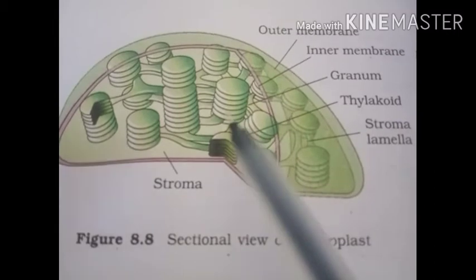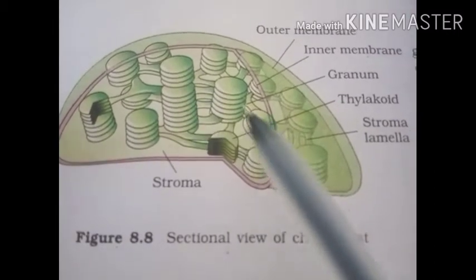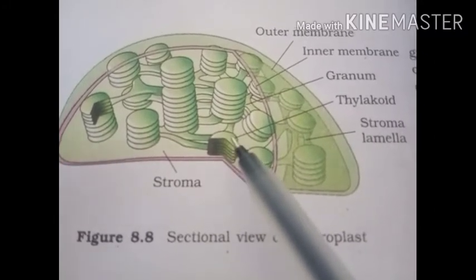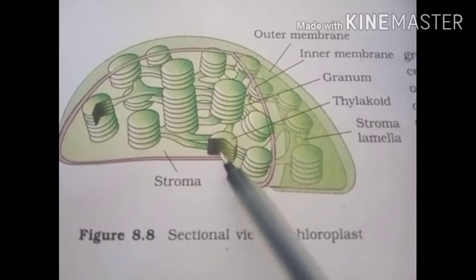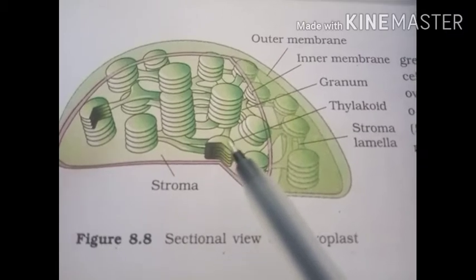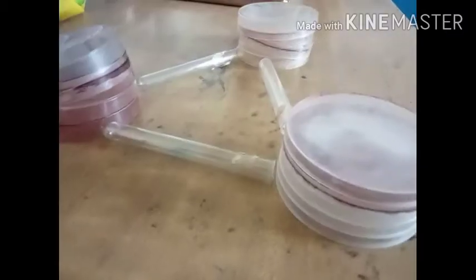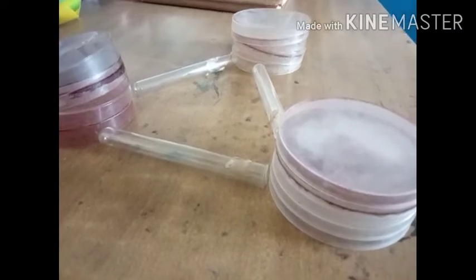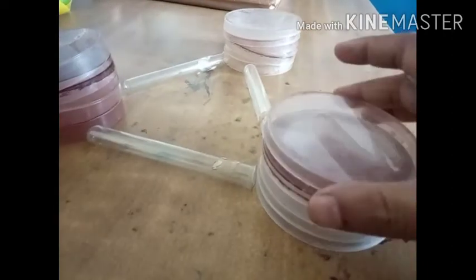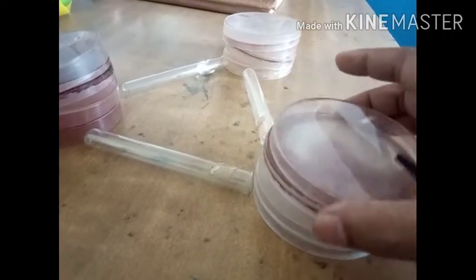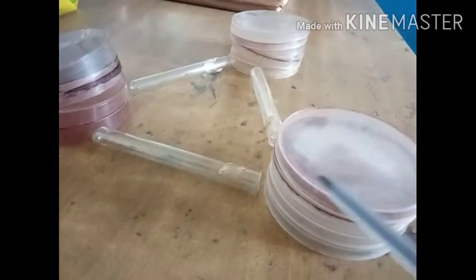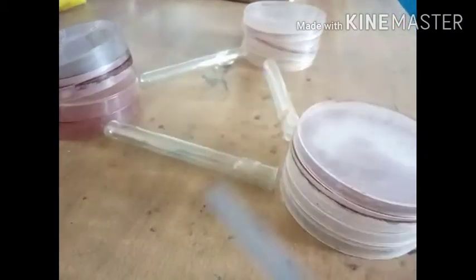So these are the different grana, and these grana are made up of individual units which are called thylakoids. Means when the thylakoids are stacked one above the other, then the structure compositely is called grana. Just consider, with the help of a model, we can try to understand the structure of the grana. These are the individual thylakoid units and they are stacked one above the other to form a composite structure which is called grana. So here we can see three grana.